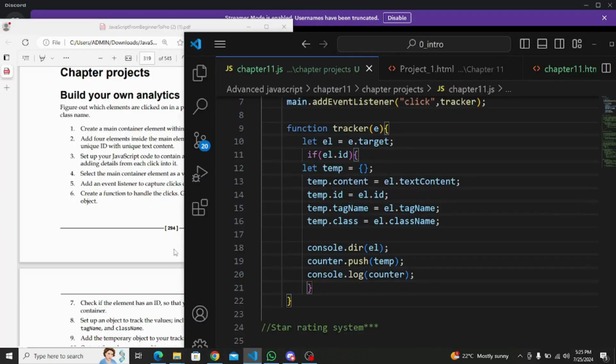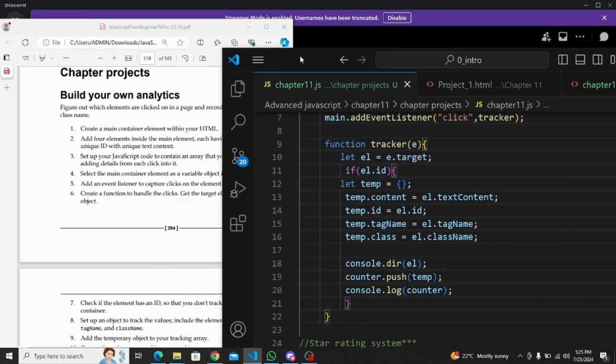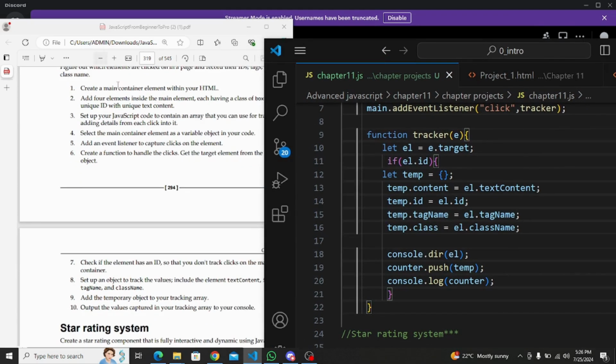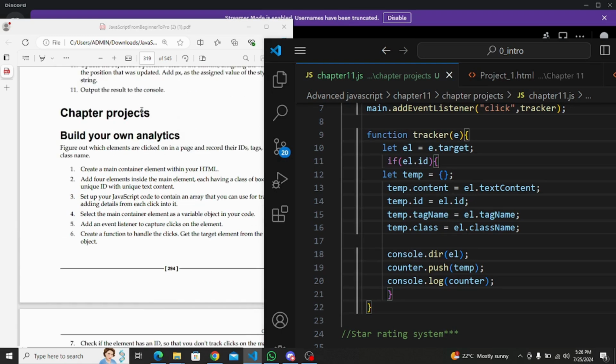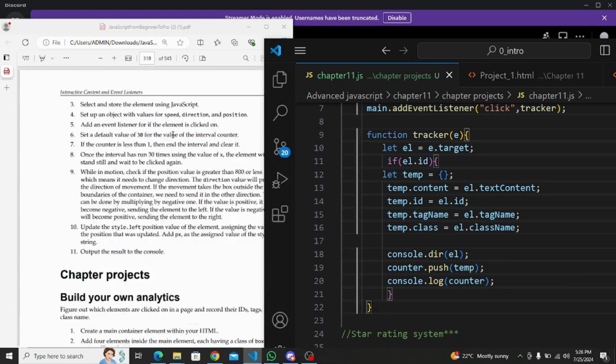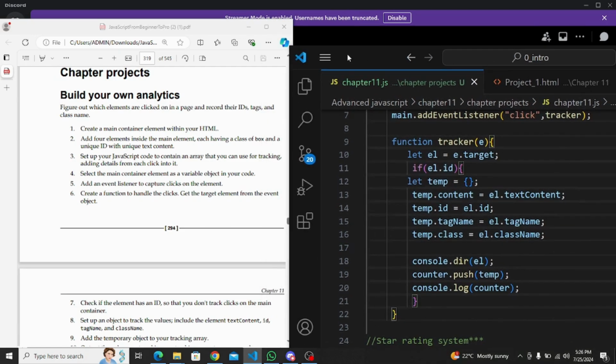So today we're doing chapter 11. I'm the driver, like as my navigator. We're building our own analytic, and then we will have to create the main container within our HTML, and then we'll add four elements inside the main element, and each will have a class of box, and then we'll set